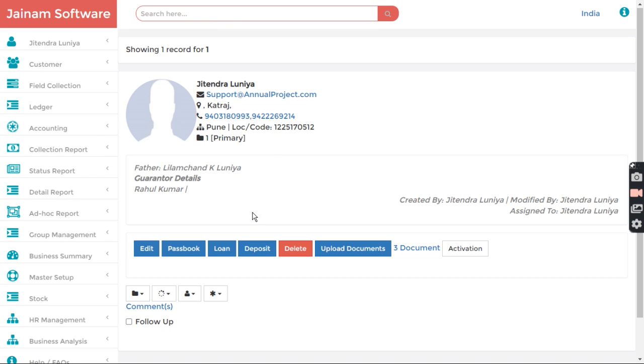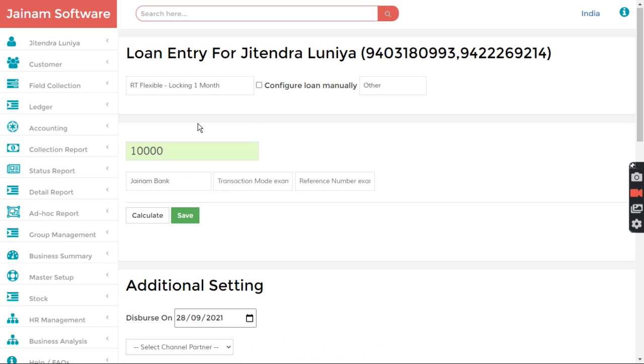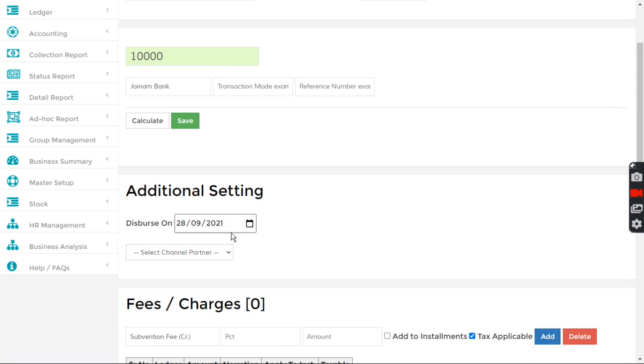I search loan, and let's say locking 1 month, and if I select 9th, or let's say 28th August, or yeah, let's say 9th. What will happen? We'll understand this.